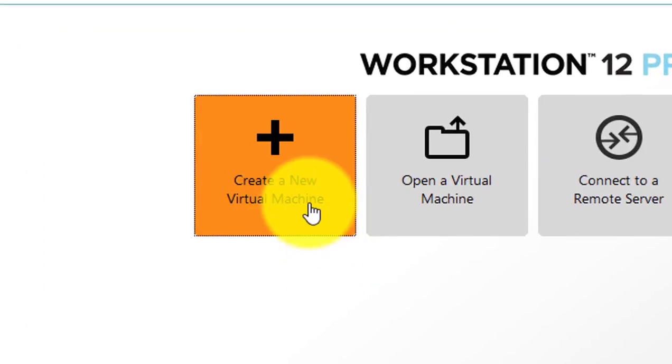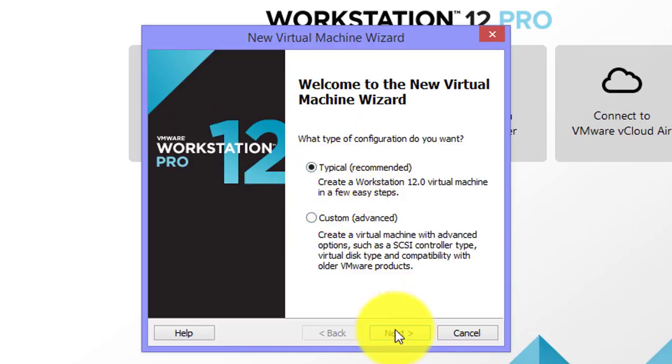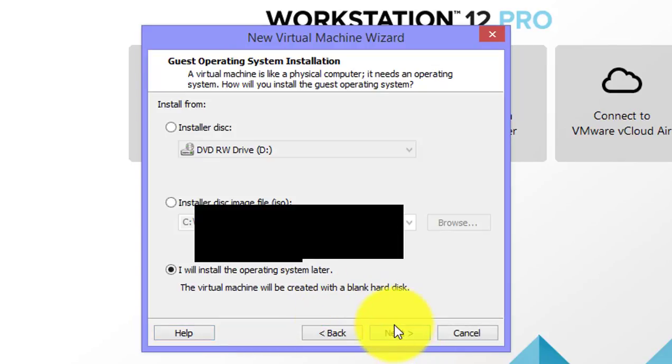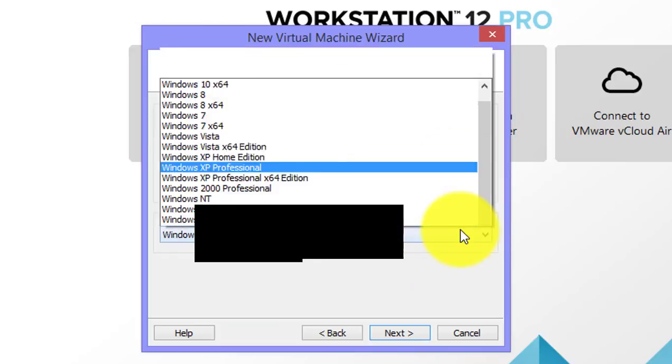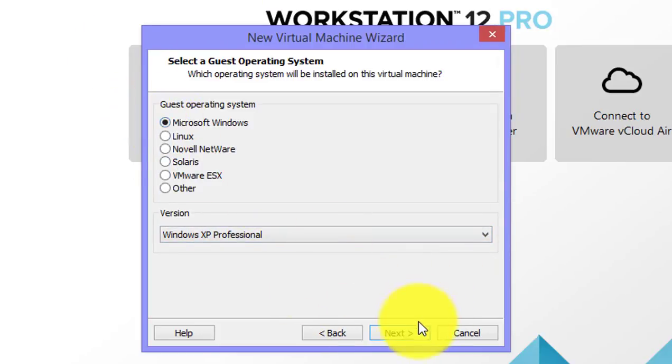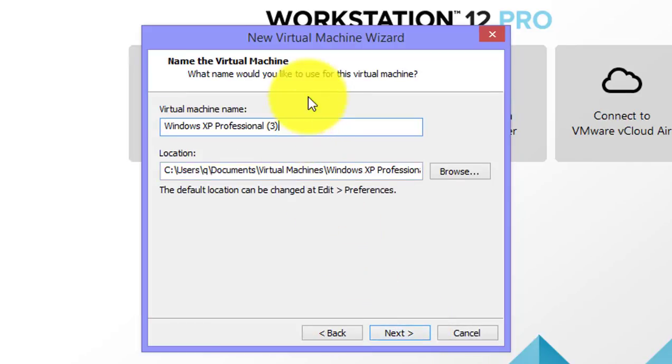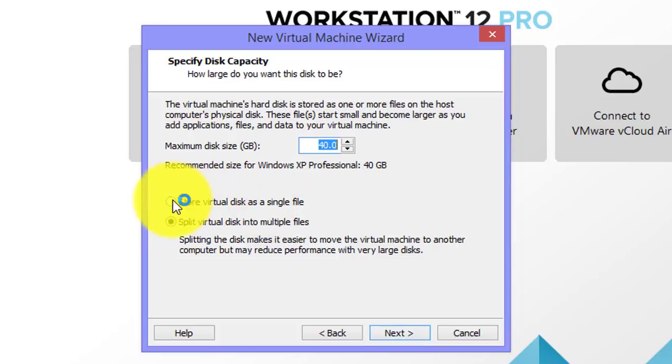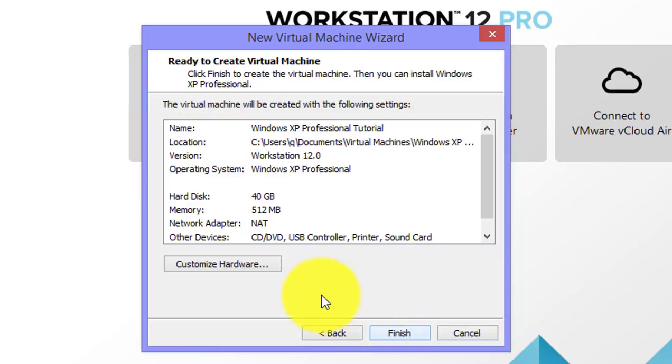Let's go ahead and click on create a new virtual machine. Select typical, next, I will install it later, next, Windows XP Professional, choose your version from there, make sure Microsoft Windows is ticked, next. You can name it whatever you want. I'm going to name it tutorial, there you go. Next, I'm going to store this as a single file because when I try to split them, it's kind of harder to keep them all on track. And I'm going to leave it as 40 gigabytes. That's fine with me. Next, click